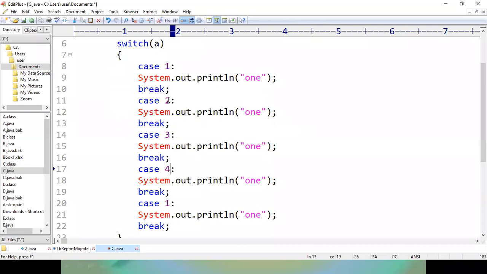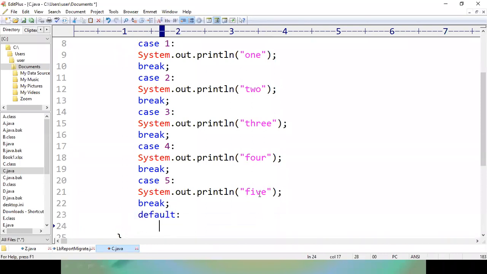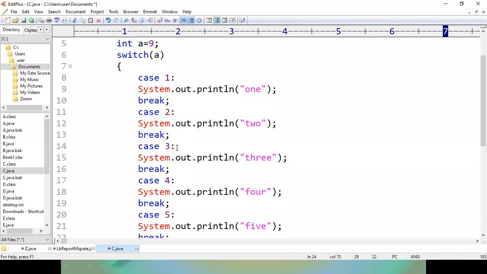If you don't maintain the break statement, the loop will continue. I will show it. So at last, maintain a default case. Right, see here.